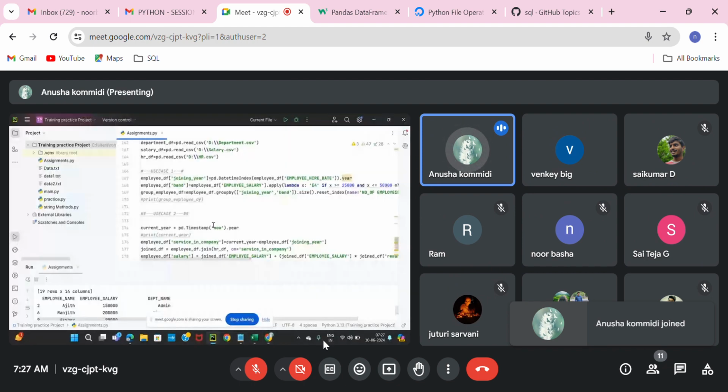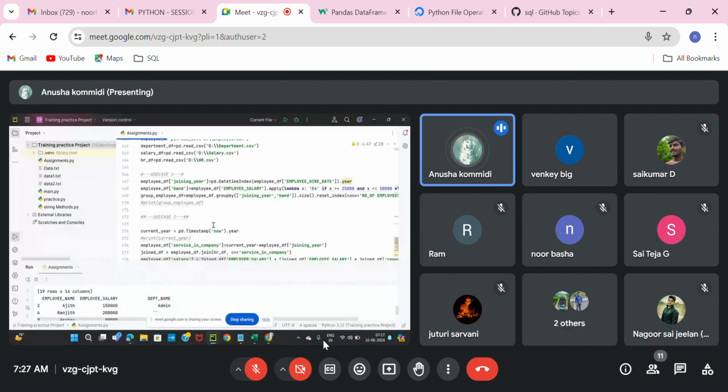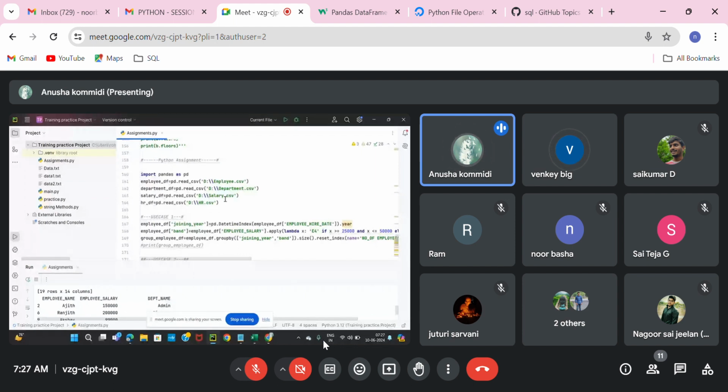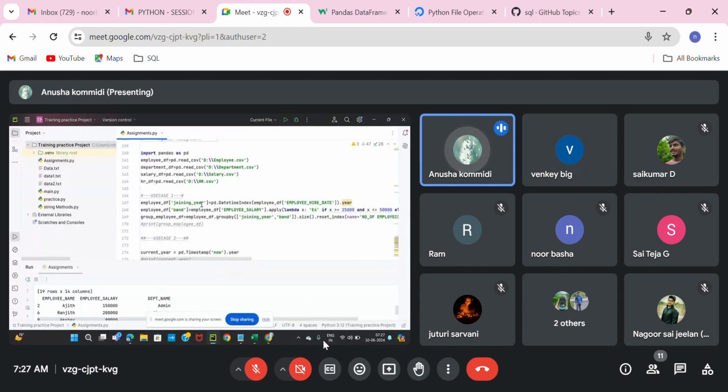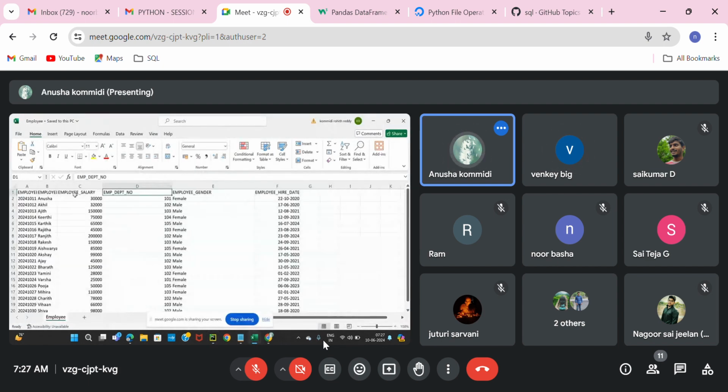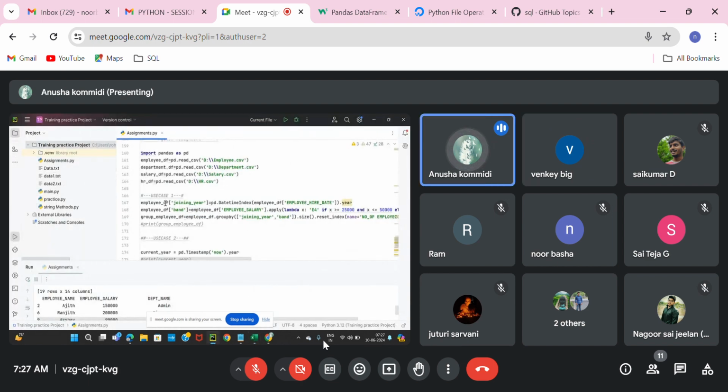Actually, first I have read all these CSV files: employee, department, salary, and HR. Coming to use case one, this is our employee DF, which is nothing but our employee CSV file. To this employee DF, I have added the column joining year. For this joining year, I need only the year, right? So I have used this function employee DF dot year. I got that year,